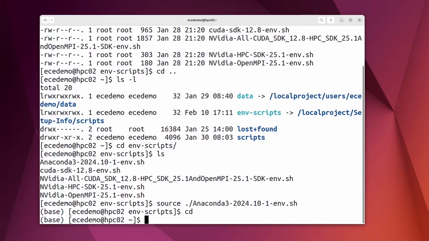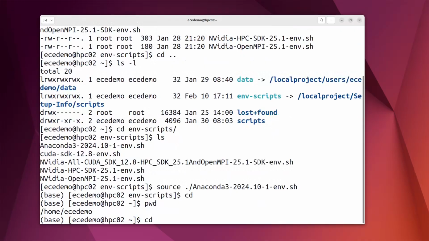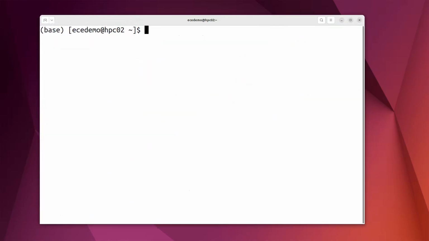So I'm going to do a change directory back to my root directory. I'll type present working directory. I'll type clear to get a nice clear screen. Okay, so what we want to do is